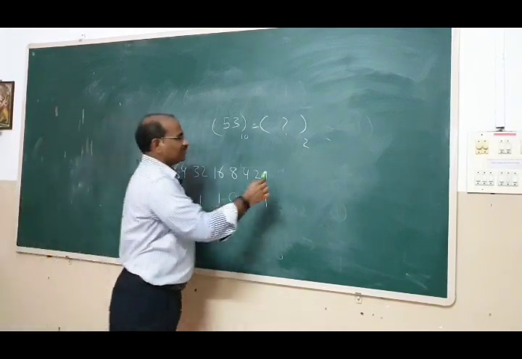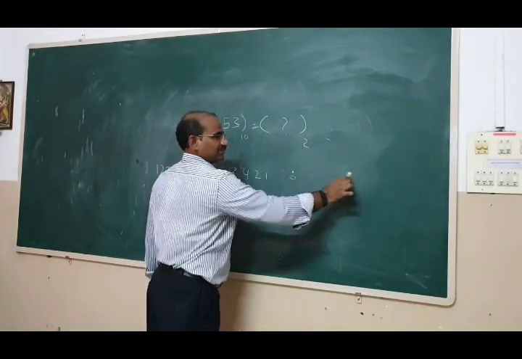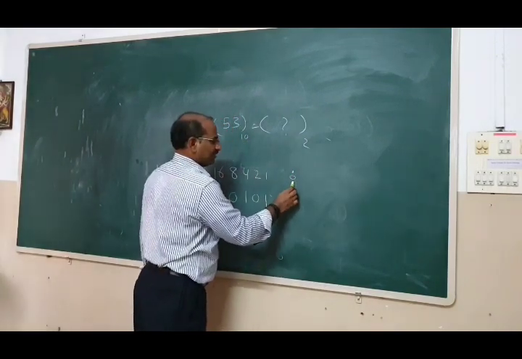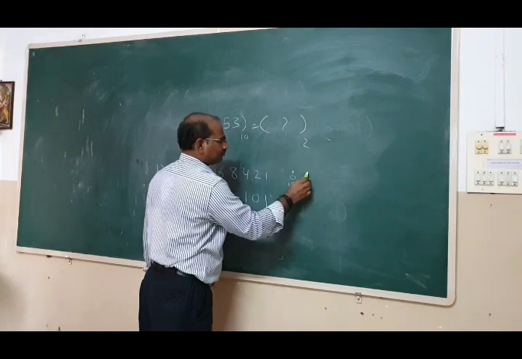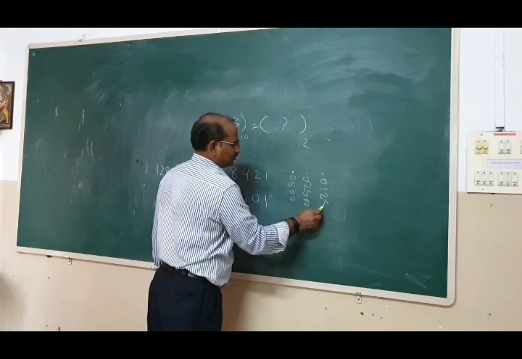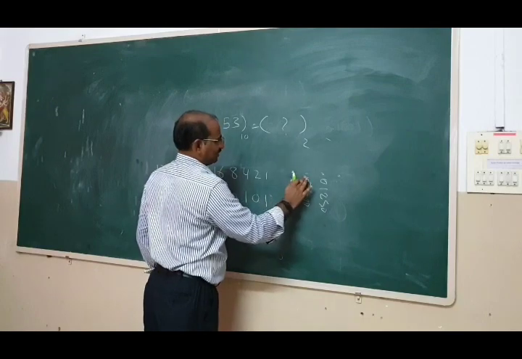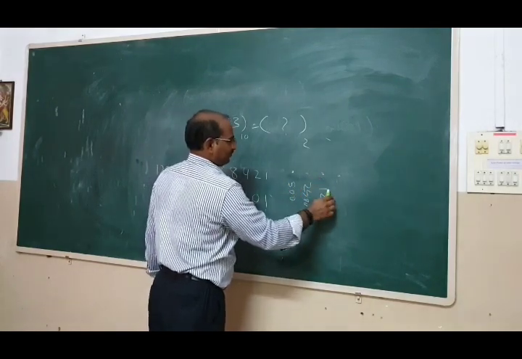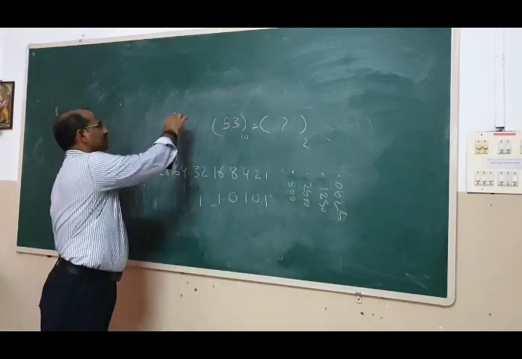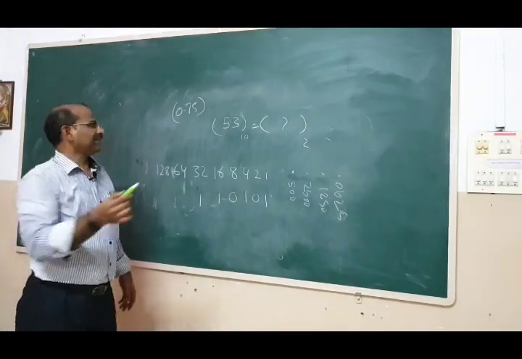Okay. Similarly, you can do it for fractions. Fractional values, what are they? Writing them like this with powers will not be convenient. So I am writing like this: 0.5, 0.25, 0.125, 0.0625, like that. Earlier we used the number 0.75 for conversion and we got 0.11 in binary, isn't it?